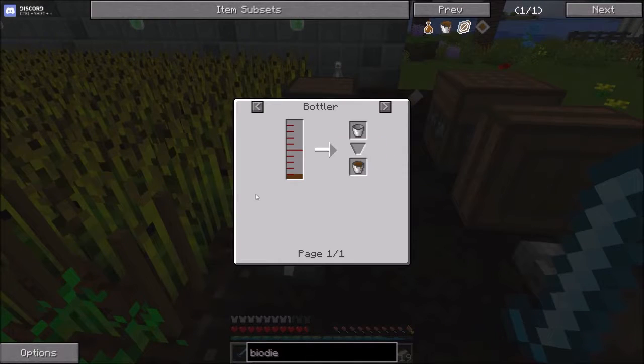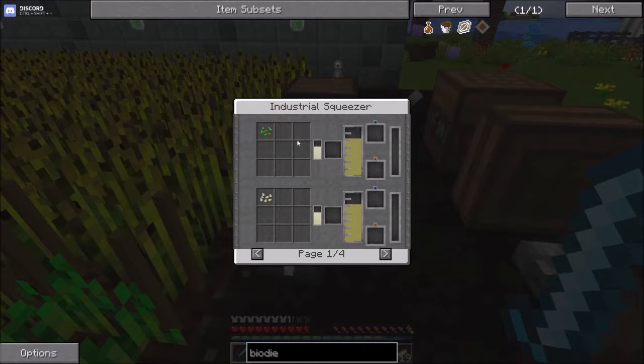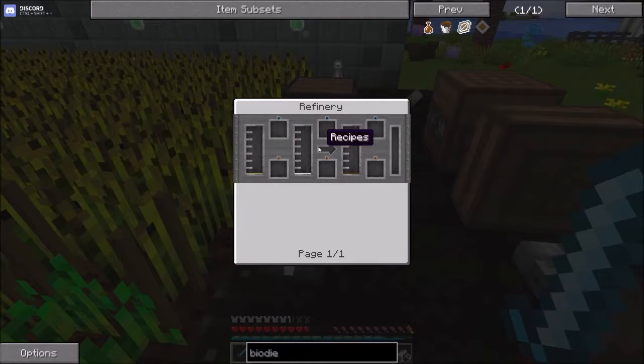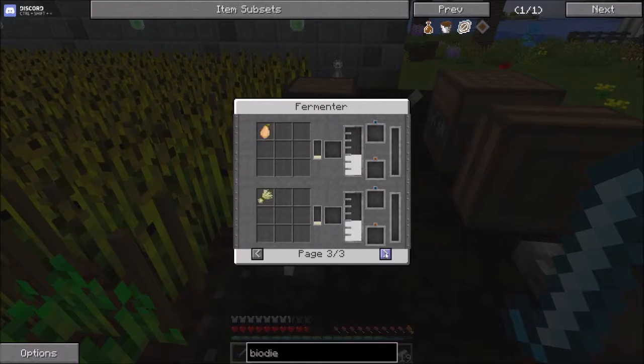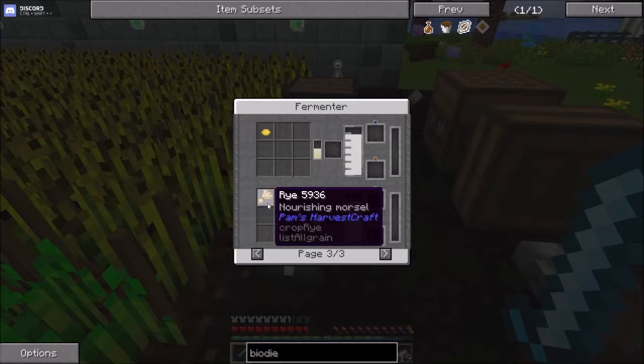So, here's a bucket of biodiesel, here's the biodiesel itself. As you can see, in a refinery, biodiesel is made from equal parts ethanol and plant oil. Looking into plant oil, you can make it from regular old seeds. Looking into ethanol, you can see that regular old wheat can be